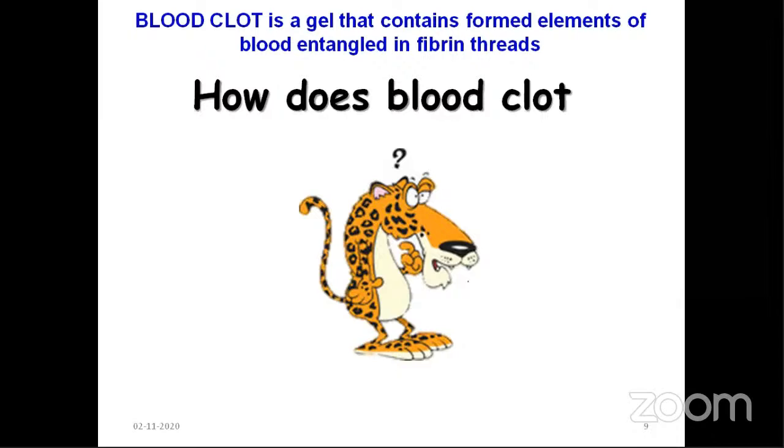Now the question arises, how does this blood clot? Is it a very simple process or is it a complex process? It is a very complex process. It is not a simple process. It uses a lot of clotting factors, and these clotting factors are already present within our blood in an inactive state. Now, initially, whenever the blood vessel has been subjected to injury or trauma, the first aim is to arrest the bleeding of blood or produce hemostasis.